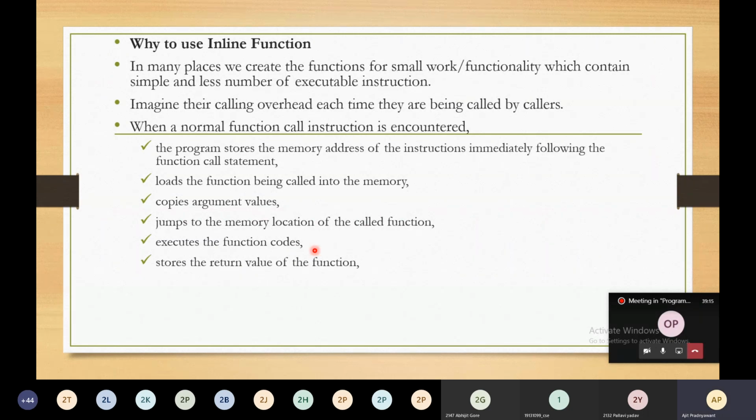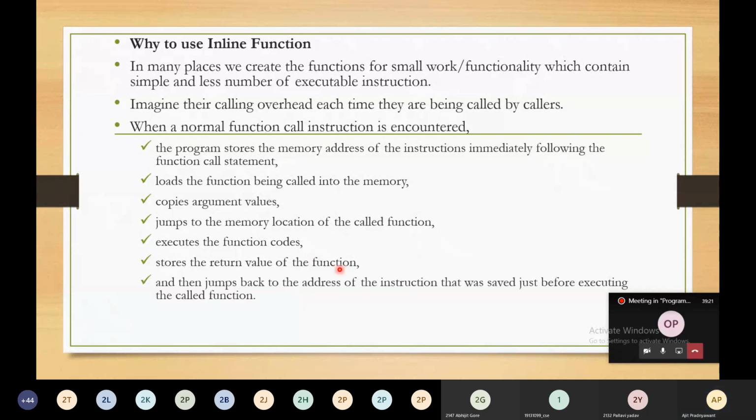After this, it stores the return value of the function, if there is any return value, and then jumps back to the address of the instruction that was saved just before executing the called function. So these are the steps that happen when you call a particular function.